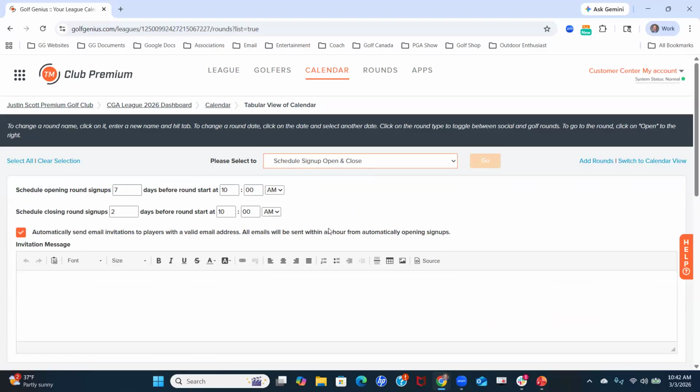It doesn't go out right at 6 a.m. Sometimes it may, but sometimes it may be delayed. So we would want to certainly be cognizant of that if you have events or rounds that have a player limit and that player limit is reached quickly. We would want to maybe communicate something a little bit differently, not send the round signups, let golfers know that signups will open at 6 a.m. automatically,